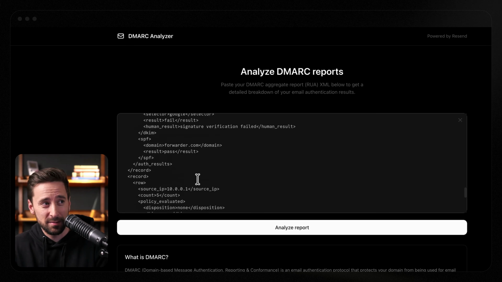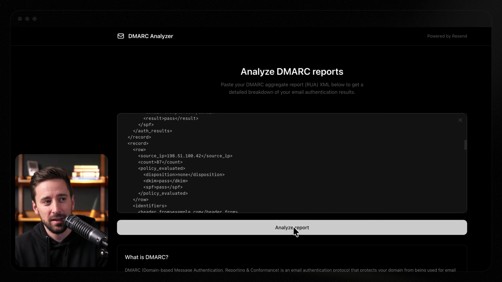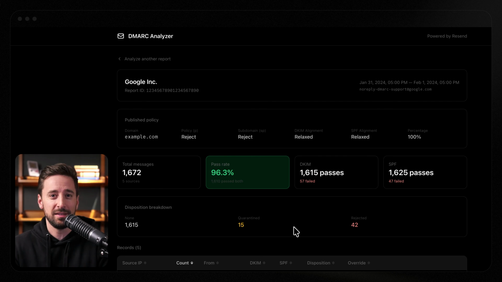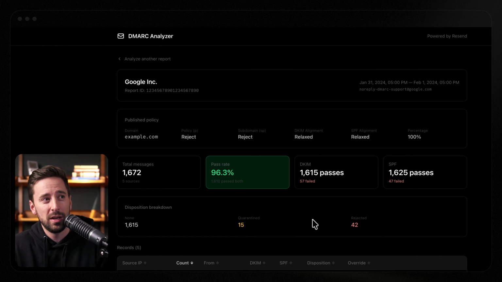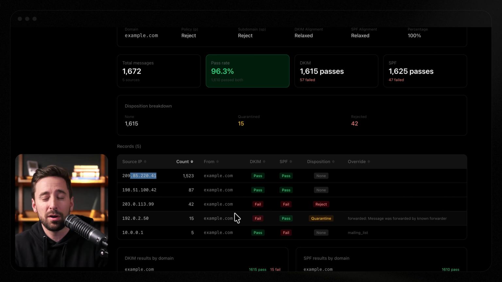I can paste in some XML. This would be like a sample report I'd get emailed to me, and you can see why it's so hard to read. Well, no longer. With individual reports, the easiest way to use this is just to analyze the report. We'll break it all down for you, including by IPs,